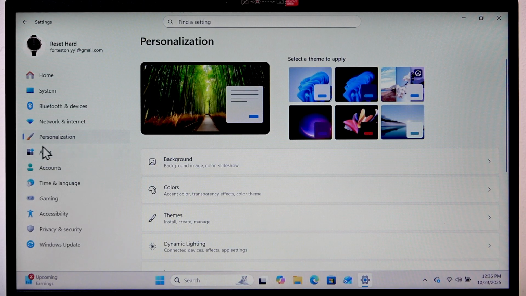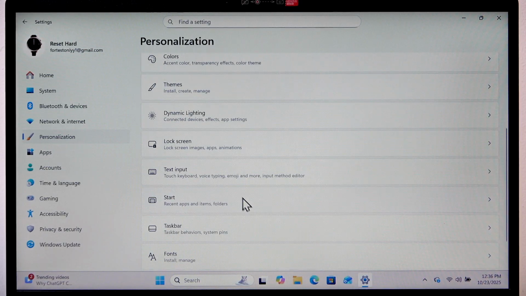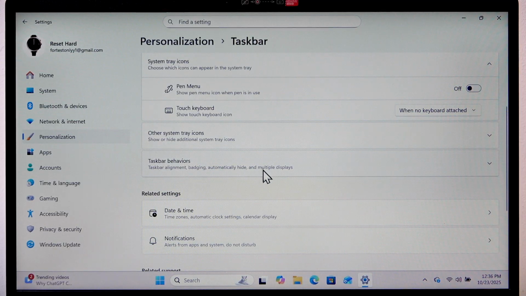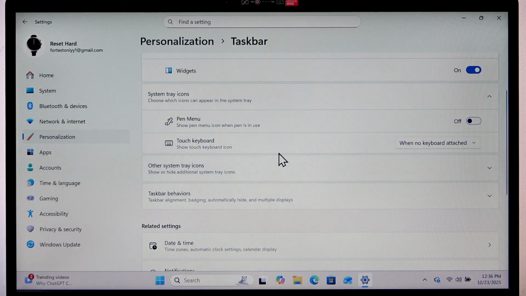In order to enable this kind of keyboard, you have to go to Personalization, then go to Taskbar, and in Taskbar find Touch Keyboard and change its value to Always. Now you will see the Touch Keyboard